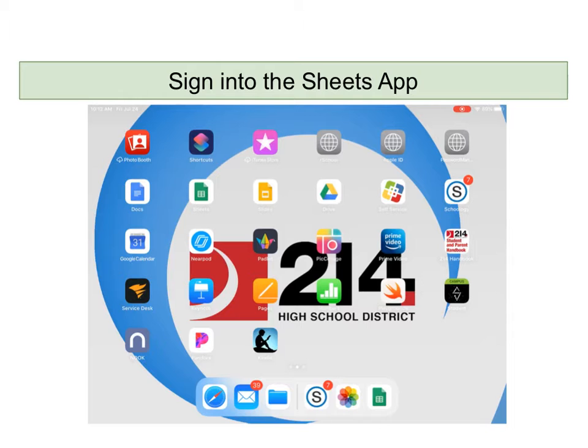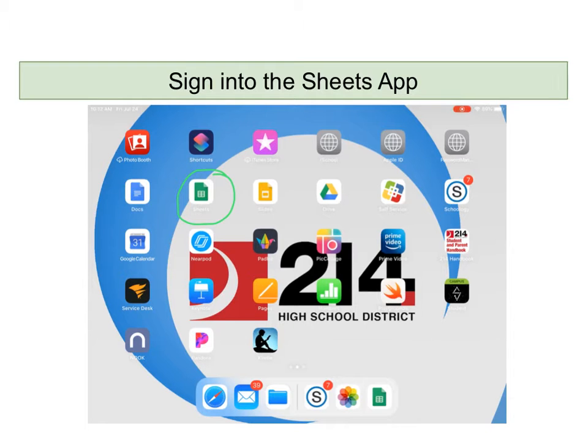First of all, before you can do anything, you have to make sure that you actually have the app downloaded onto your iPad. If you do, it should be this green icon that you see right here, and you can touch that and go ahead and log in with your Net ID and password. It is best if you do that first before we actually need to do anything else so that it's linked